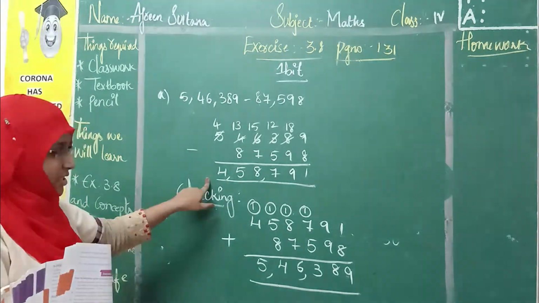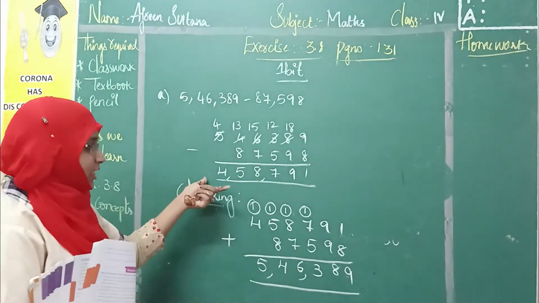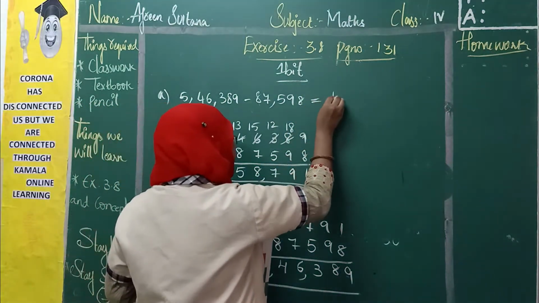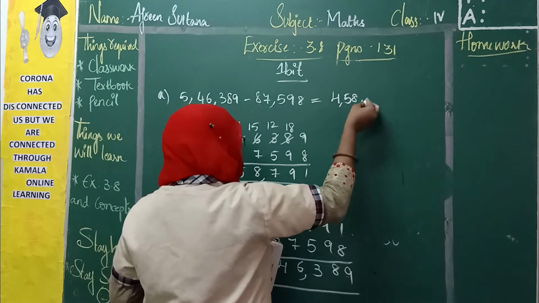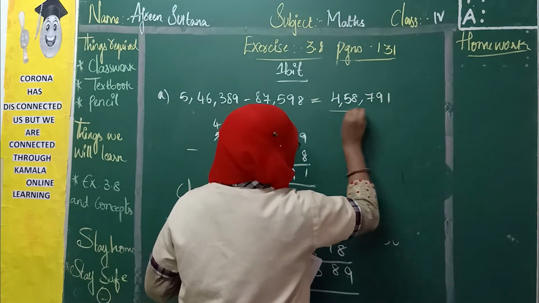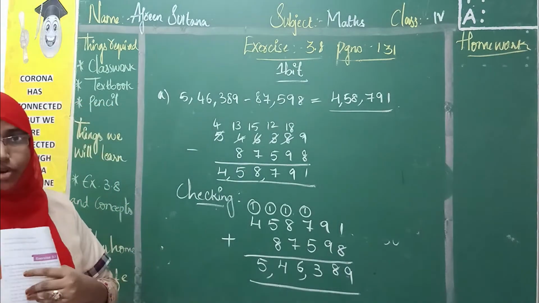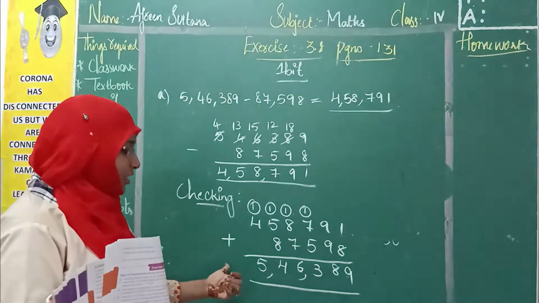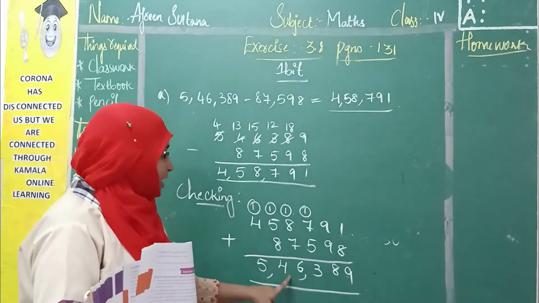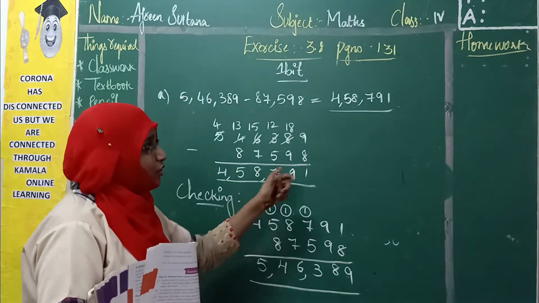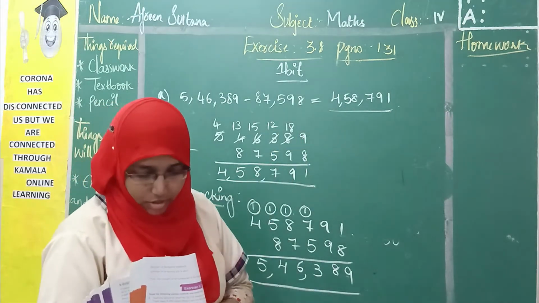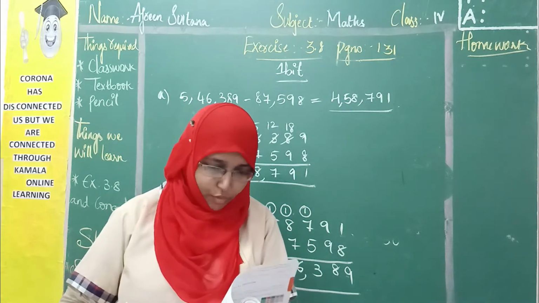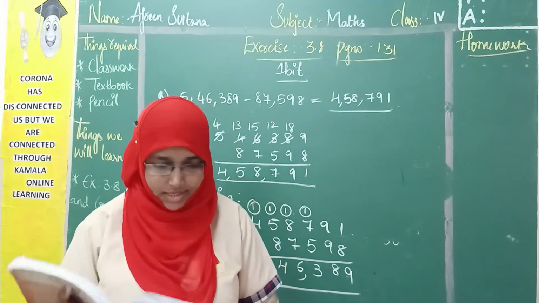Yes. So what is it? Our difference is right. Whatever answer we got is exactly right. Let us write that in our blank. What is the answer? It is 4,58,791. Okay. So this is how you are going to solve. First solve the problem, then check it, then verify whether the answer you got is exactly right. If you get the minuend the same, then the answer which you got is exactly right. That answer you are going to fill in this blank. Okay. So based on this, there are 4 more problems for you to solve. That is 4 blanks. I hope you will do them.